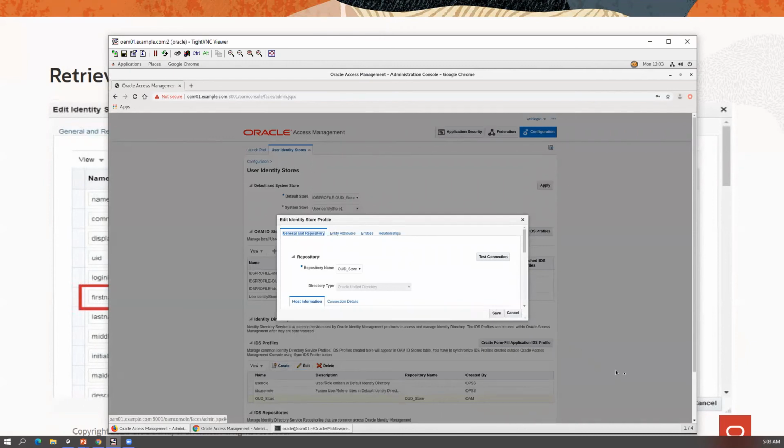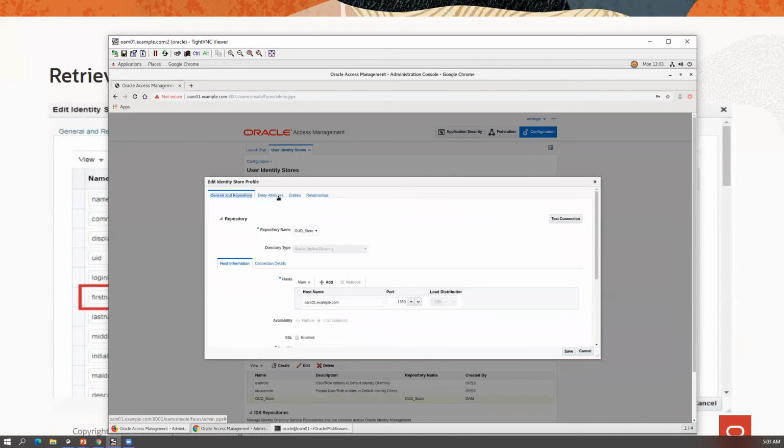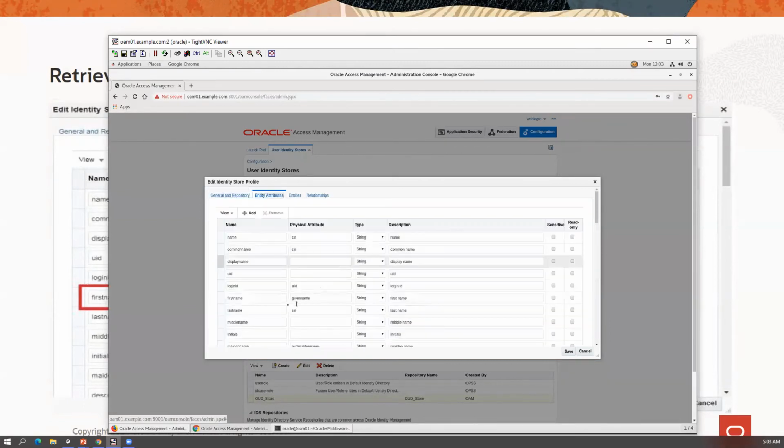If you look at the user entity attributes, you see how various things are physically mapped to the backend store. The typical examples are first name, last name, middle name, or display name. If you scroll down, you see various attributes and how they are mapped into the backend LDAP attributes.